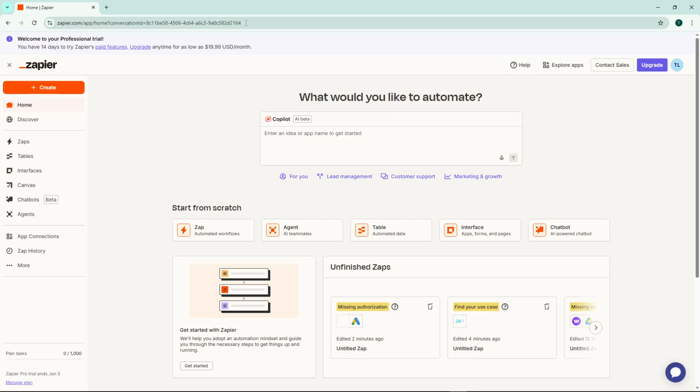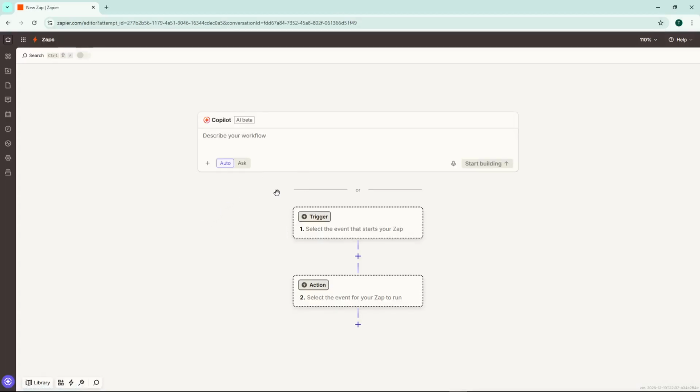First, open your web browser and head over to Zapier.com. Once you're there, log in using your credentials. Zapier is the bridge that will connect your CRM to Google Ads, allowing offline conversion data to flow automatically between the two platforms. After logging in, you'll land on your Zapier dashboard. Look for the button labeled Zap and click on it. This will open the Zap editor, which is where you'll build the automation that sends conversion data from your CRM